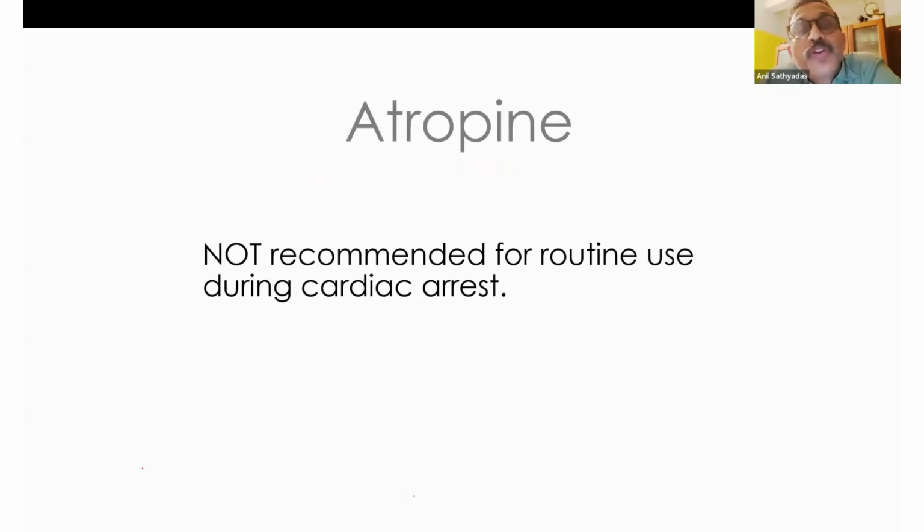And remember, there is no role for atropine in cardiac arrest. So whenever you write the, what you call CPCR notes, okay, never write atropine. If somebody writes it, they are not well aware of what they are doing. CPCR, no role for atropine. Atropine can be used in severe bradycardia only, not in CPCR. Okay. And the vagolytic dose of atropine is around 3 milligrams.